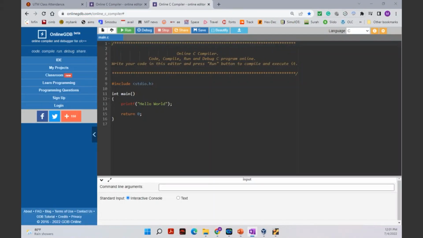To generate a random number, you need to have #include <stdlib.h>, the standard library. You need to add another library here called stdlib. This one is standard, and stdio is also standard, which is for input output. So under the main program,